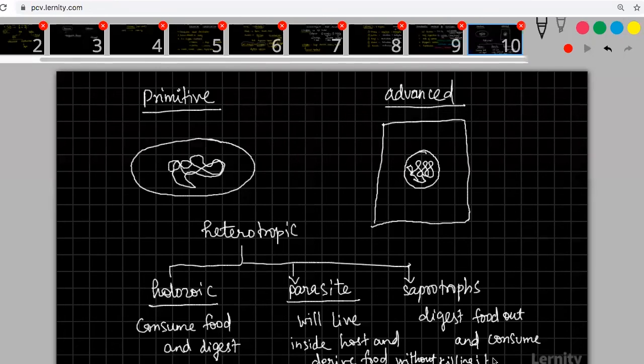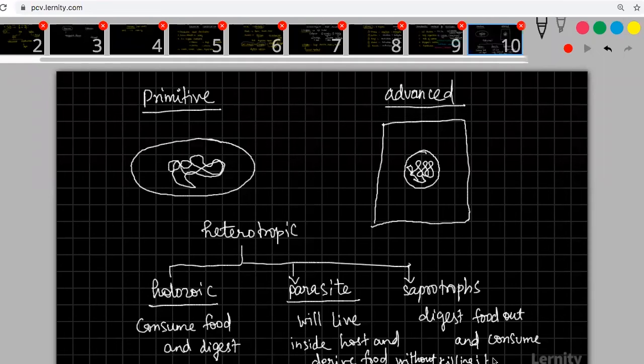So, for example, if you're talking about holozoic nutrition, you can talk about a lion or a tiger. A lion or a tiger will kill and then only it will eat. Even if you are going to eat a chicken, you are going to kill the chicken and then only you are going to eat it. If you are going to eat a plant, you are going to kill that plant and then only you are going to eat it. So where the organism is killing one organism and trying to consume it, there we call it holozoic. You are taking the food inside completely. That is holozoic.